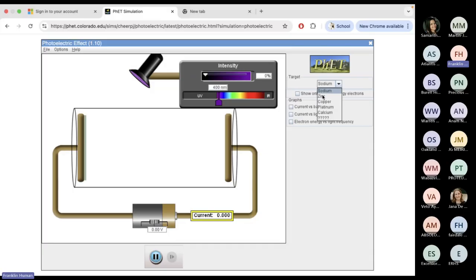From sodium, I can turn it to zinc, and you can see the color changes there. From zinc, I can change it to copper, and the color goes a more orangey color. From copper, I can change it to platinum, and so on. So let's go back to sodium. So this electrode is covered with a metal. And then we have a source of light over here, and this source of light is linked